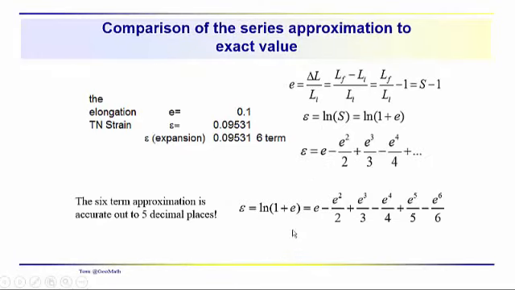And this might be the way that a calculator goes about doing it in terms of the electronics, or you could do this with an Excel file, which I did here. So we have our elongation, we have the total natural strain, the log of 1 plus e. We're estimating the total natural strain as a series, but obviously we aren't going to calculate an infinite number of terms, so we just calculate out 6 terms